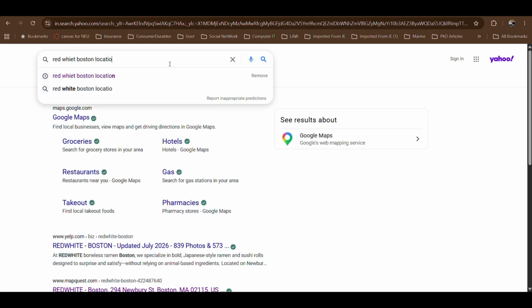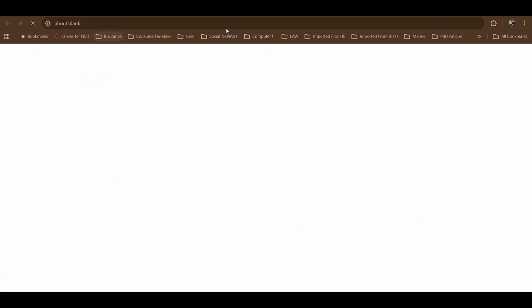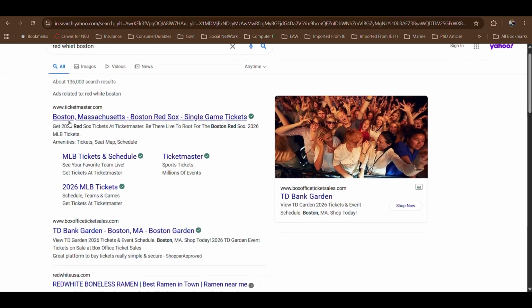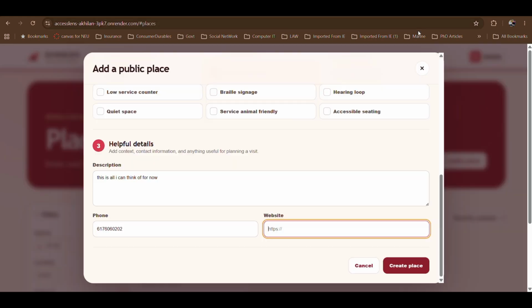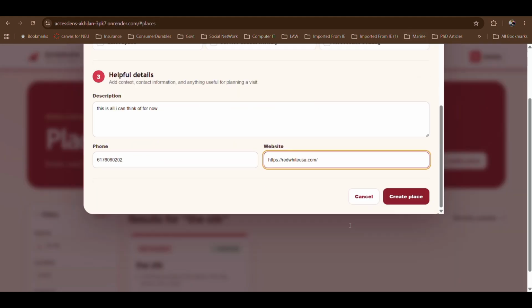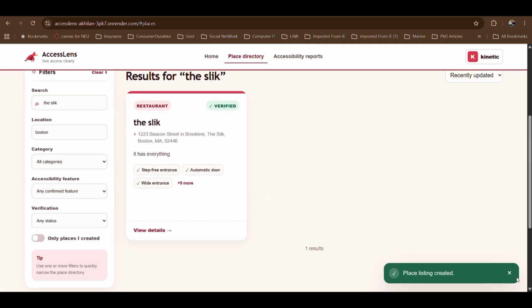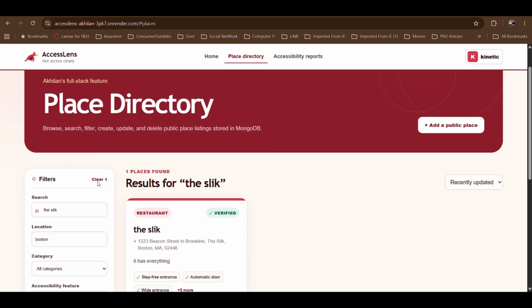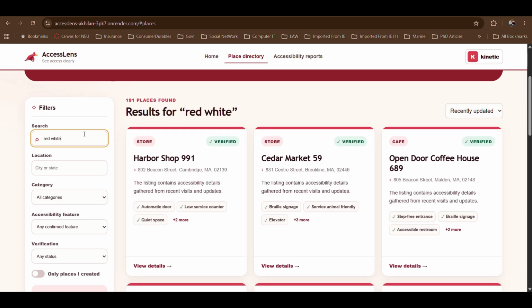Okay, Red White Boston? I don't think they have a website, so yeah, let's go over here. This is Red White's official webpage, and I'm going to go to my website again and type the website in there. So there, I can just click the clear button and it'll clear. I have to type Red White,